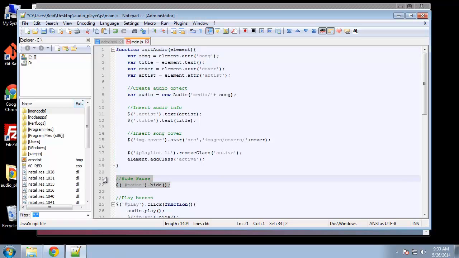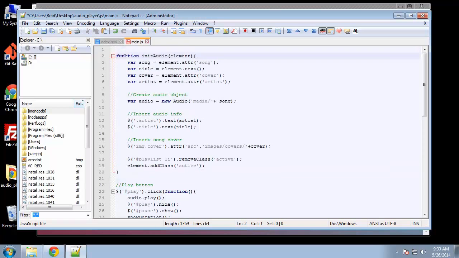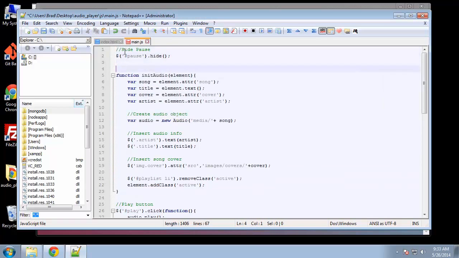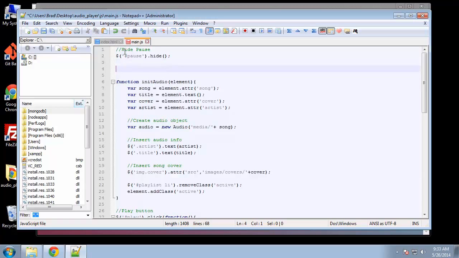I'm actually going to grab this hide pause and put it at the top. Now we want to call our function, which is init audio. Now here's where we want to pass in the song, the audio clip or the song or whatever, because it's going to be put in